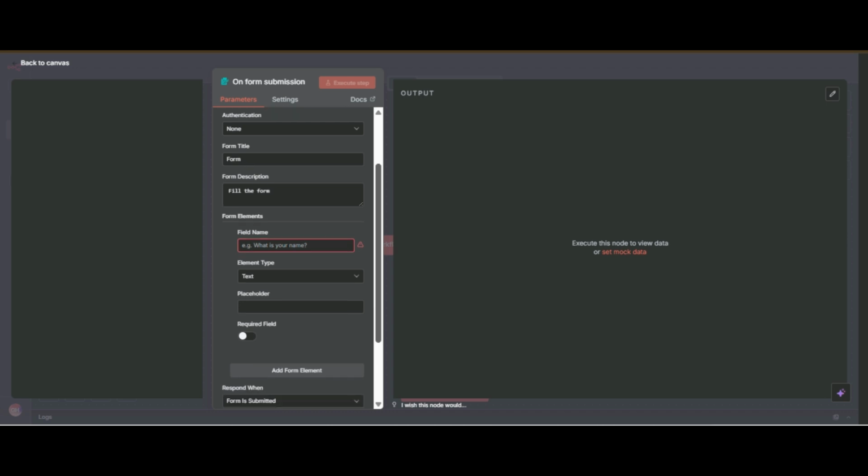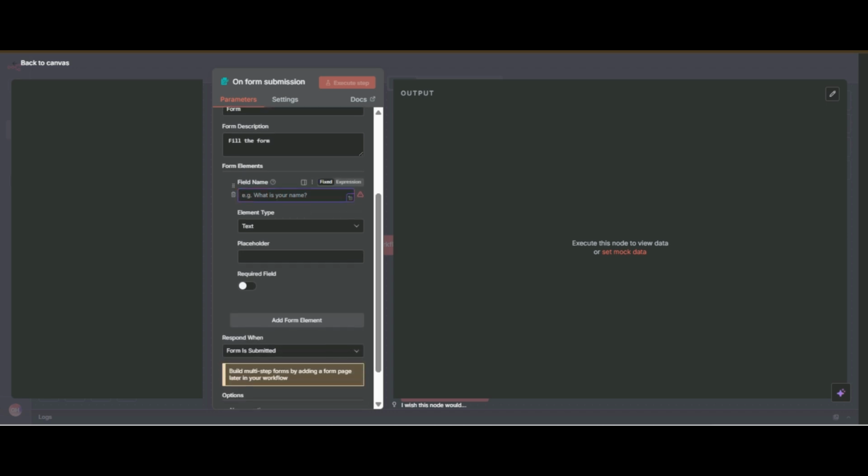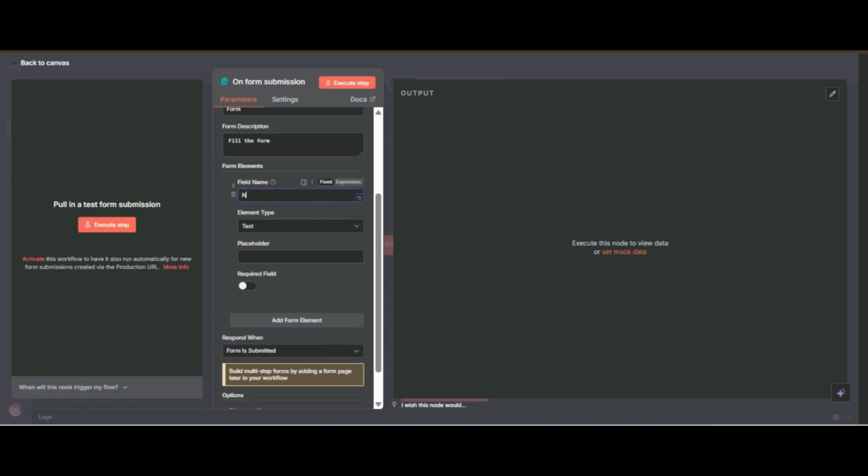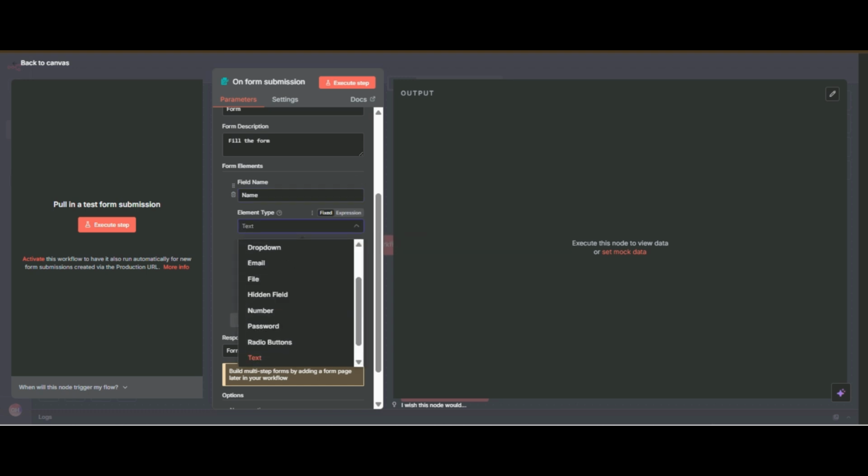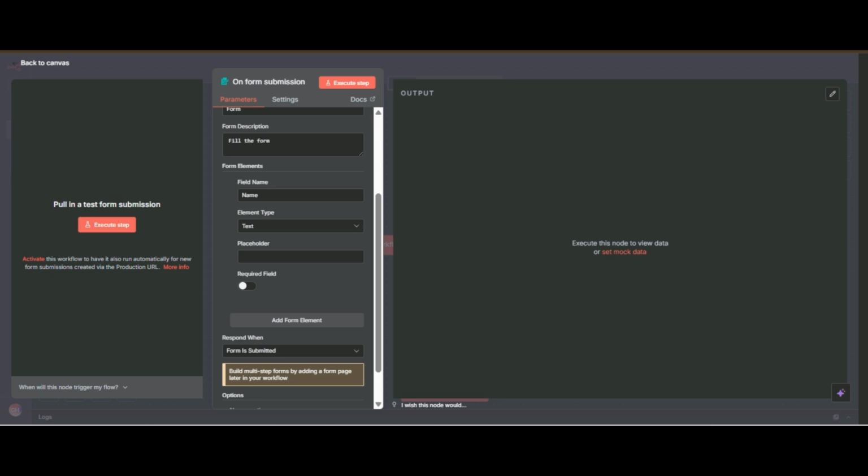So first we need name, and you can see element type. So now it will be text, but you can select file, email, hidden field, number, password. So we will discuss that later. Is it a required field or not?